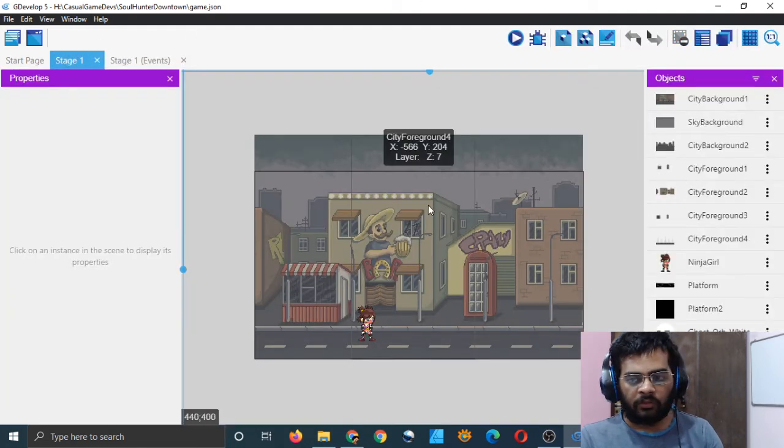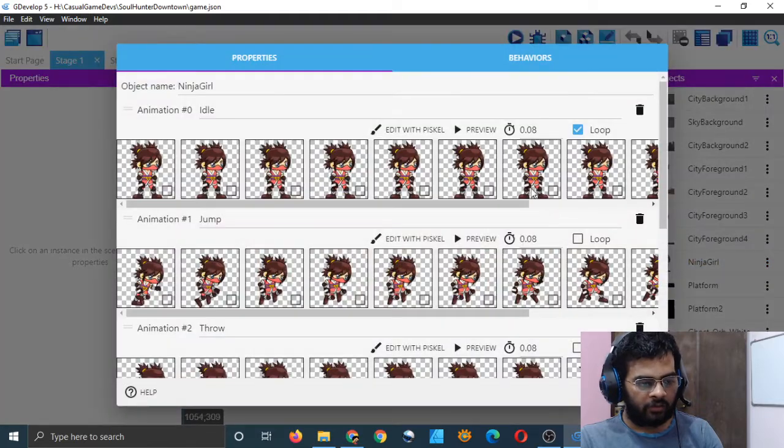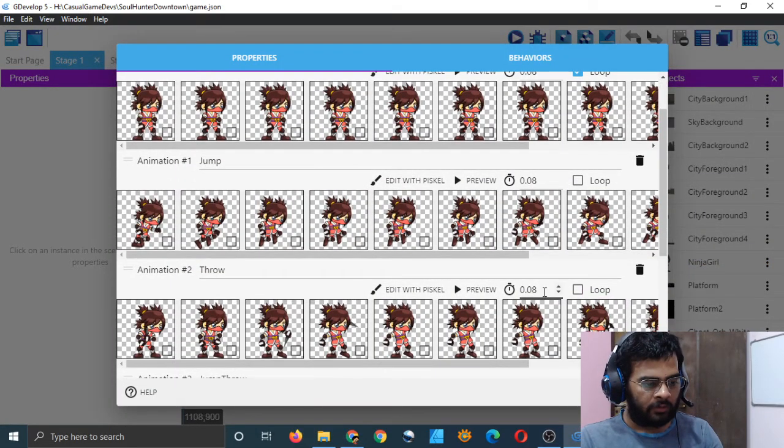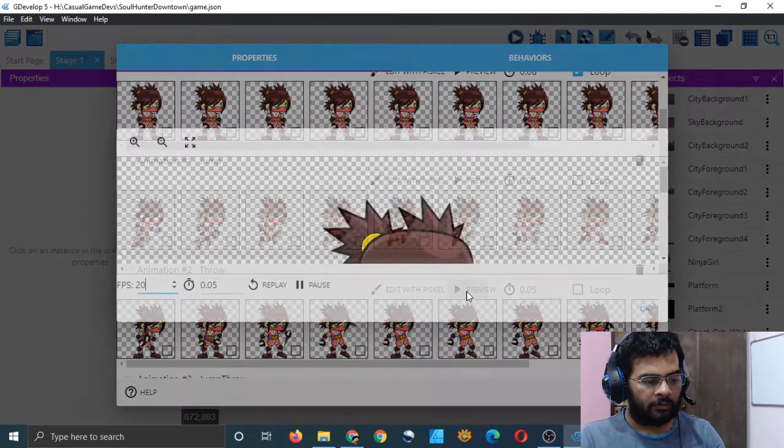But let me now make the animation throw run faster. I will make the animation faster like this. I decrease the time which the game spends on one frame, on each frame of throw animation. So I decrease the time. It was 0.08 earlier, now it's 0.05. So the time which the game spends on each frame of the throw animation has been reduced. So the animation will become faster. Let's preview it.